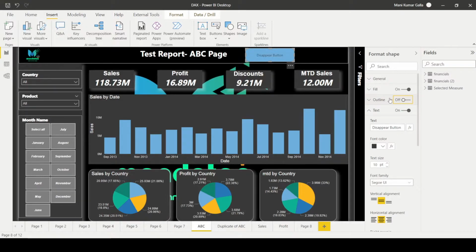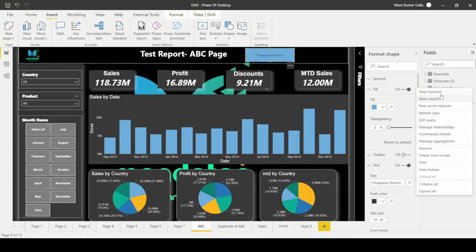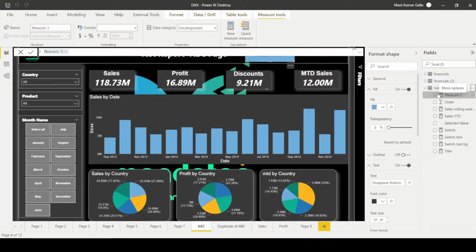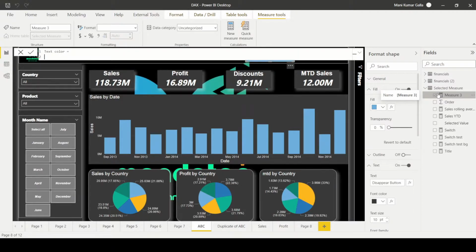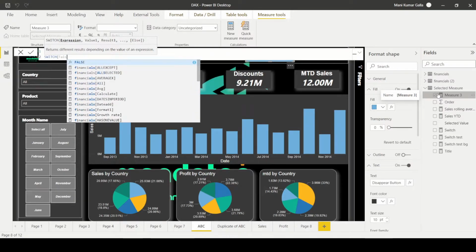I'm just stopping the outline. So we have a fill here. This color as well as this text color should go invisible when we are selecting Canada. For that, I'm going to write a few DAX functions. I'm going to use SWITCH and SELECTEDVALUE with the help of a false condition as well. I'm writing text color, and I'm going to use hex color codes as well. So the SWITCH function, I'm using the false condition,